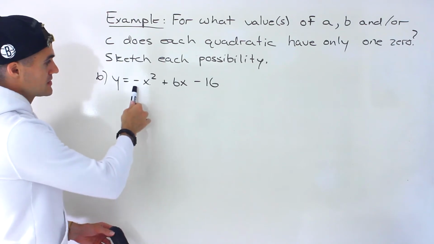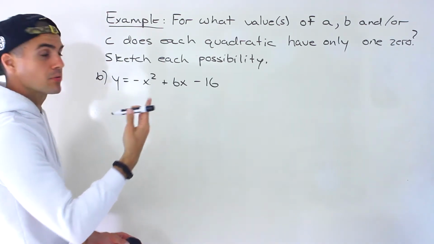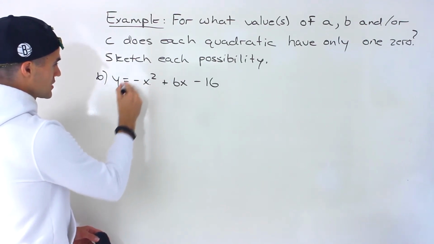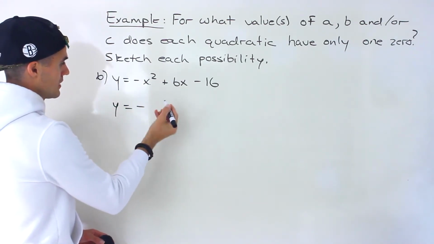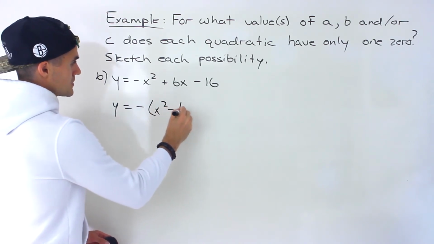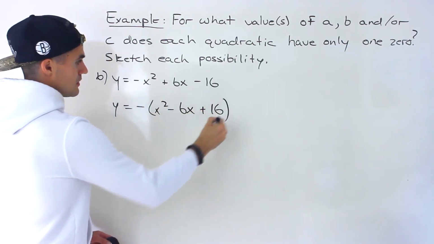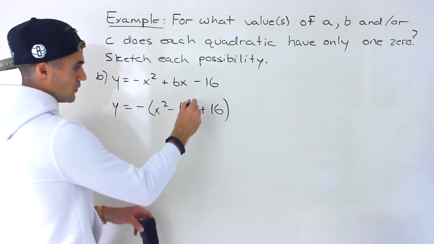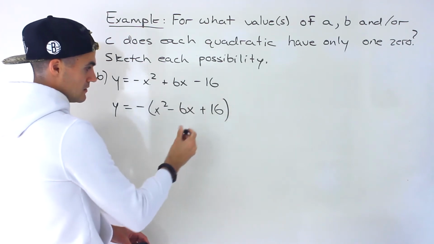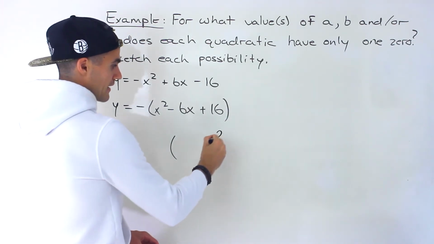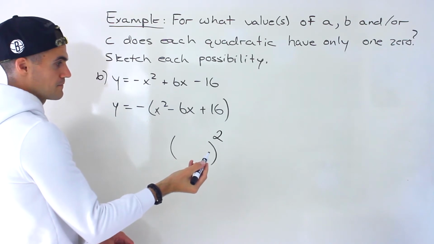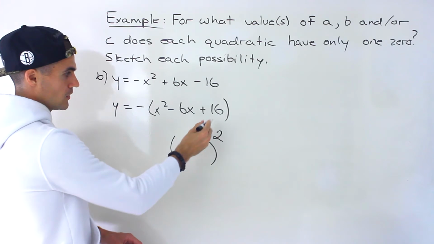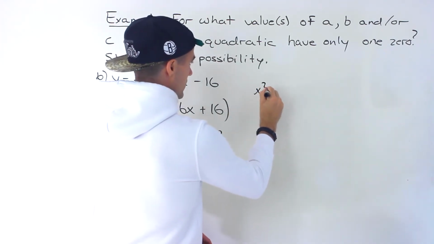Then moving on to part B, we have y equals negative x squared plus bx minus 16. Now with this kind of quadratic, notice there's a negative here, so the first thing I'm going to do is take out a negative, and so it's going to change to this over here. And again, if it's only going to have one zero, we want this bracket to factor into one factor squared. So this quadratic in the bracket, the remaining quadratic,